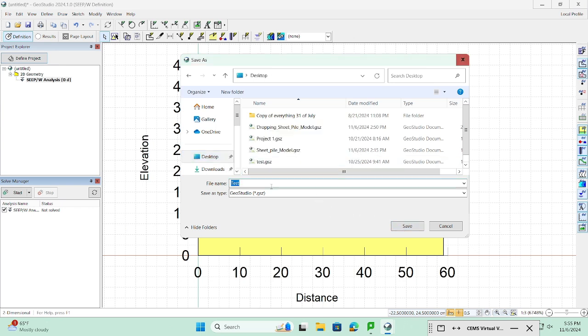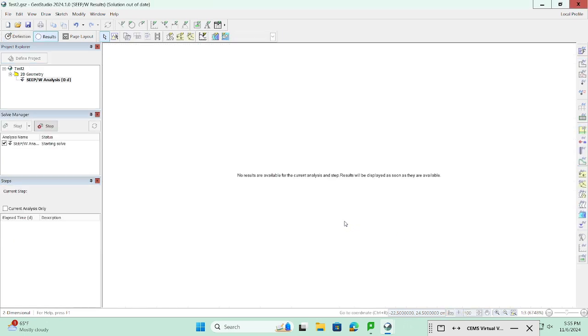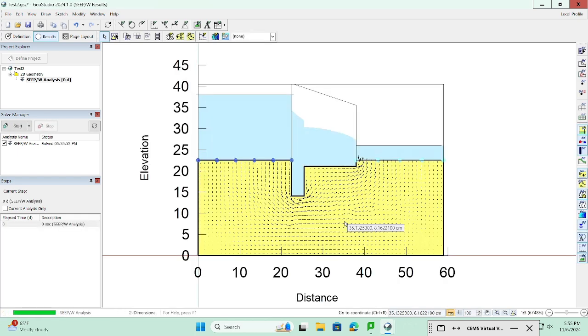Oh, I have test, so I'm going to change that to be test 2. Save that, and now it started running. It's going to take some time, depending on the size of the mesh you choose. The finer the mesh, the more time it usually takes to solve the problem. A 1 centimeter mesh is not very fine, and it's not coarse basically, so it's going to take a couple